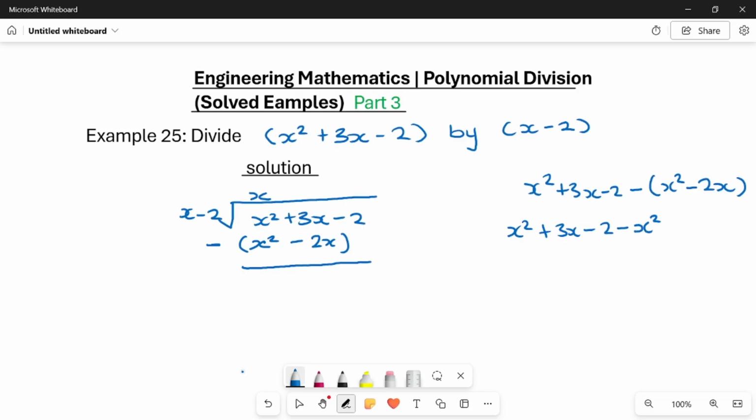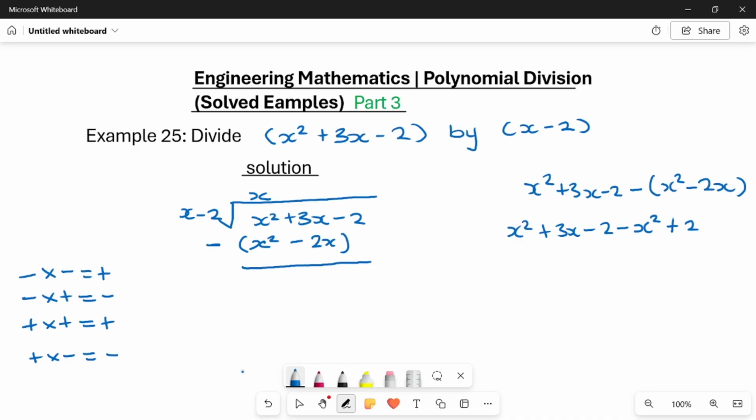You know that, let me write it here. Minus times minus equals plus. Minus times plus equals minus. Plus times plus equals plus. And plus times minus equals minus. So minus times plus gives us minus x squared. Then minus times minus gives us